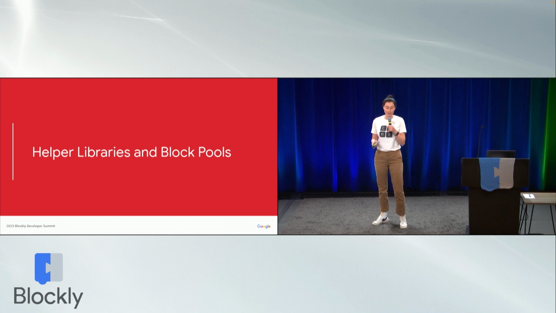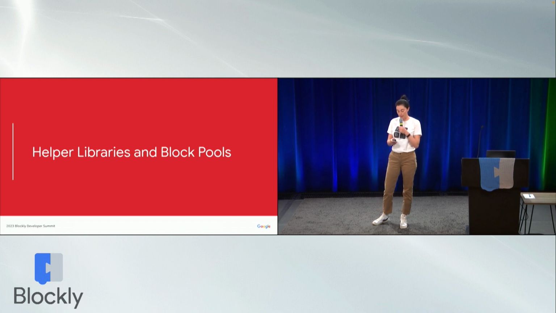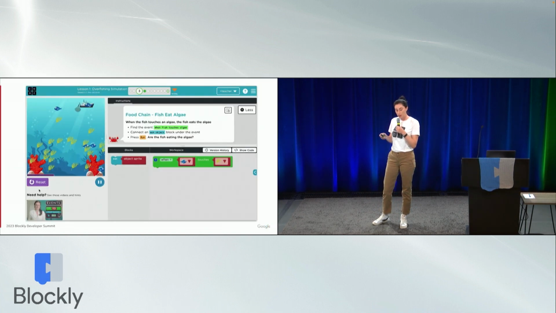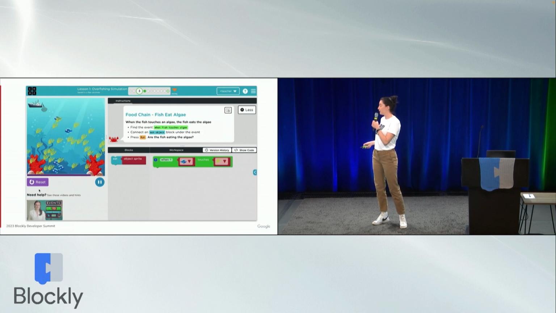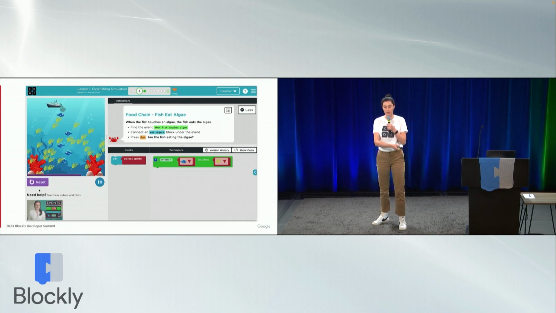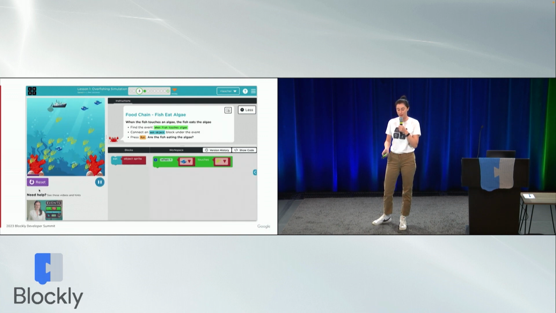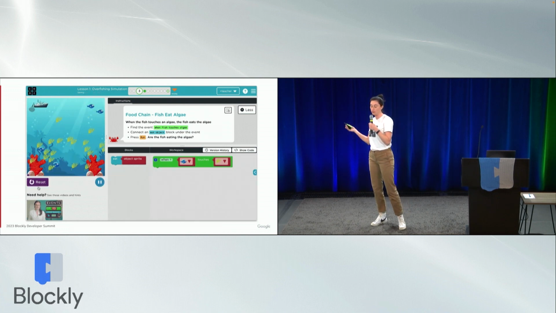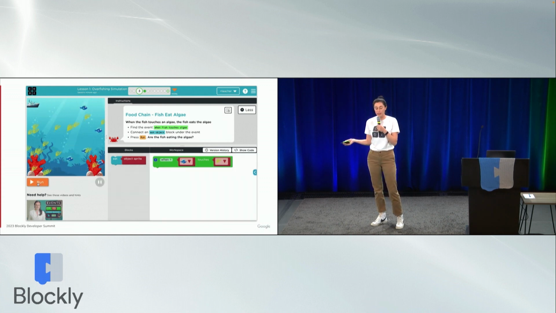So that's where we get helper libraries and block pools. What do I mean exactly by that? So this is an example of our simulating marine ecosystems level. You can see that there's actually only one block in the starter code, and it kind of has nothing to do with what's happening on screen. It's an event block that says when the fish touches the algae, but we haven't actually told it to do anything. So instead of having students add all of the code to create this underwater scene, we put all of